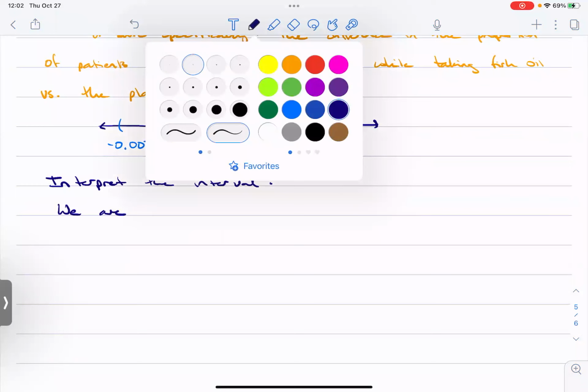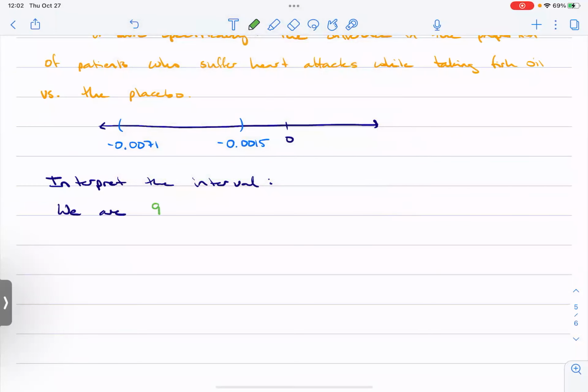We are, and I'll use a different color for the fill in the blank spots, 95% in this case, because we made a 95% confidence interval. We're 95% confident